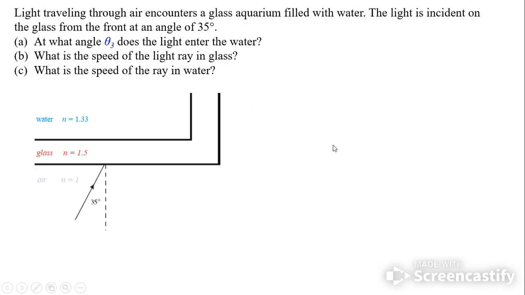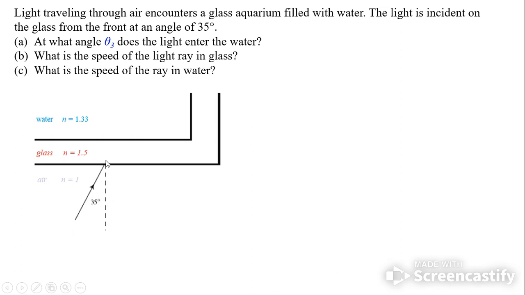All right, so here's an example of Snell's law where the light ray goes from air into glass and then into water. So something like a fish tank, as stated in the problem there. Okay, so we have a light ray that's going from air and then it hits the normal at about 35